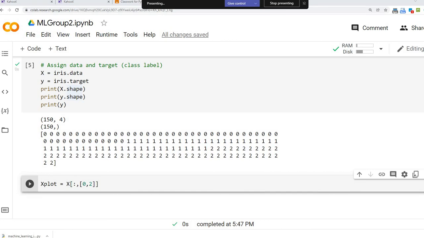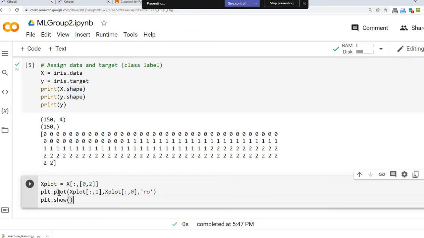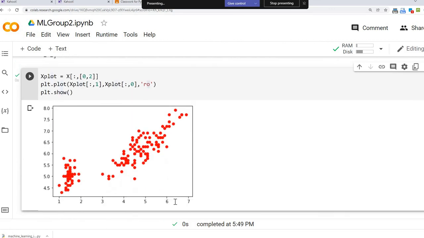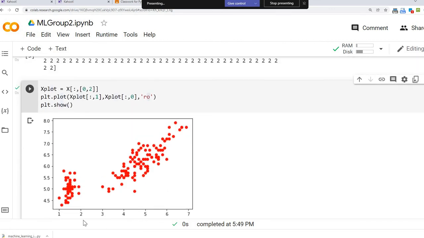Then we can make the plotting. So the plotting command we have discussed last time, plot command, and this is the one feature, this is the other feature, right? And then we use red color and the circles to represent our plotting. So now you can see data points like this. So x direction, we have the third feature. Y direction, right, we have first feature,